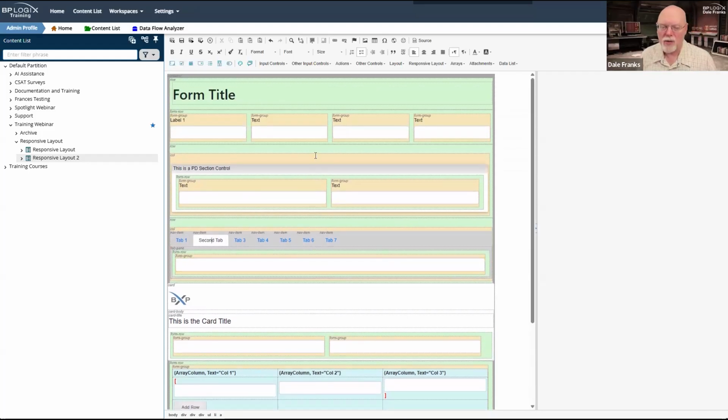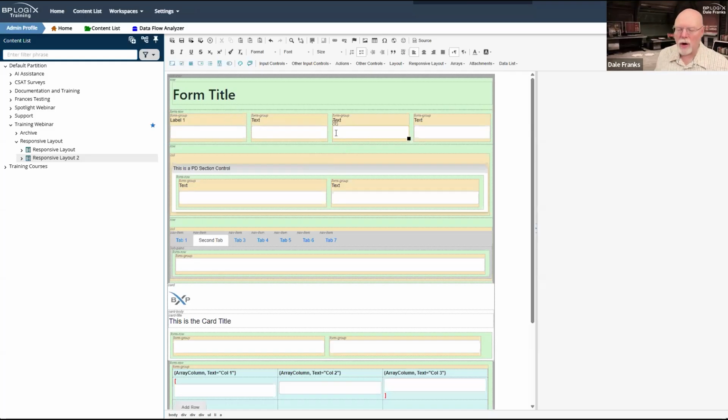You are not constrained the way that you are whenever you're using a regular ProcessDirector form and you're trying to use a table. When you throw that table on there, that table is more or less what it is. It's 4 columns and 6 rows. Yes, you can go in and merge columns, but it's not as flexible as the form row and form group.